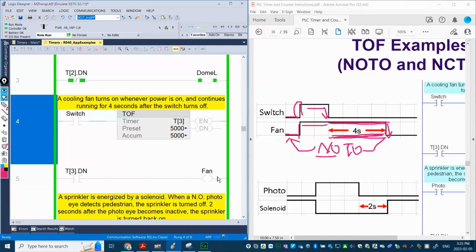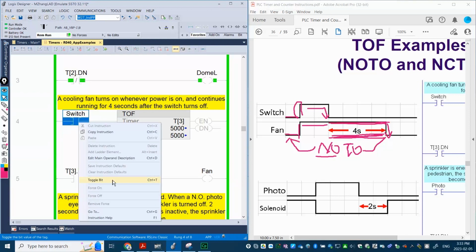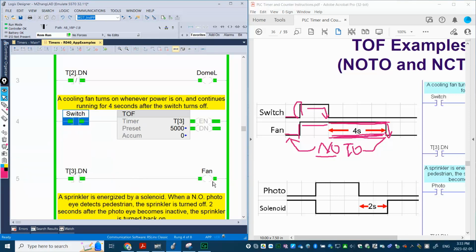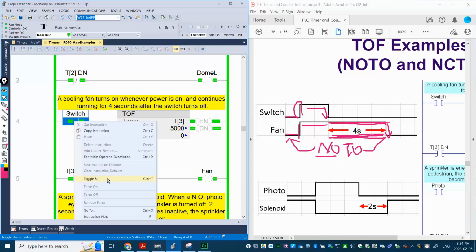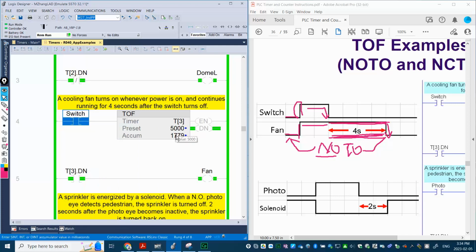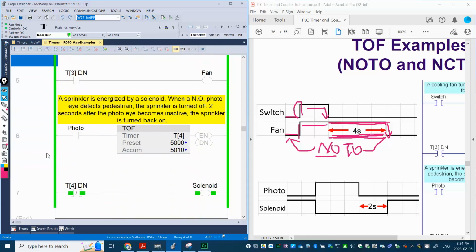So the switch is off, the fan is off. Then by toggling this, the fan turns on right away. Right? There's no delay when the switch turns on. Right? So because it's a TOF, off delay. So when the switch is on all the time, the fan is on all the time. Right? When the switch turns off, the timer starts the 5 second delay, you can see the fan is still running for actual 5 seconds, then turns off. That's exactly what we want for the cooling fan. Right? Then let's look at the last